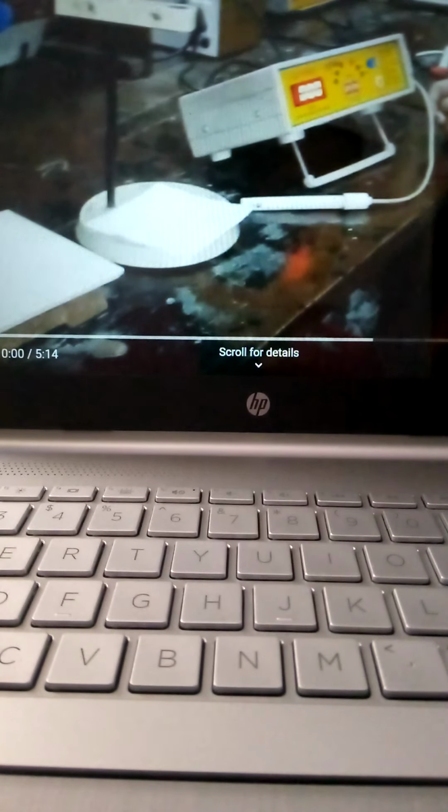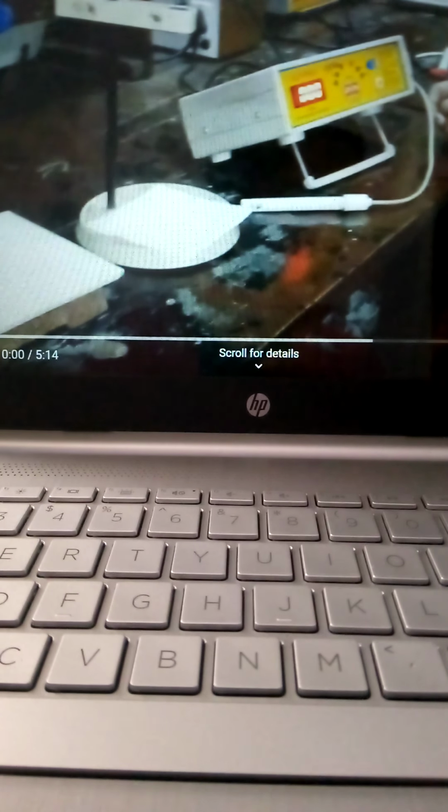The second case: the addition of NaOH is continued, and the conductance slowly increases up to the second endpoint. That means on adding NaOH, the conductance increases up to the second endpoint because after the first endpoint the acetic acid is converted into a strong electrolyte, sodium acetate. Because of this, after the first endpoint, on adding NaOH, the conductance increases slowly up to the second endpoint.